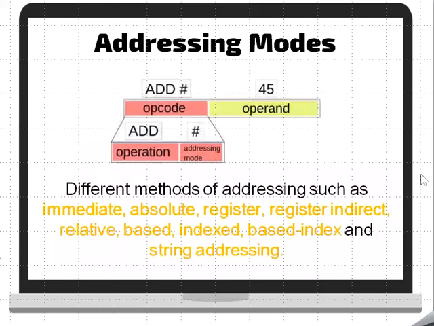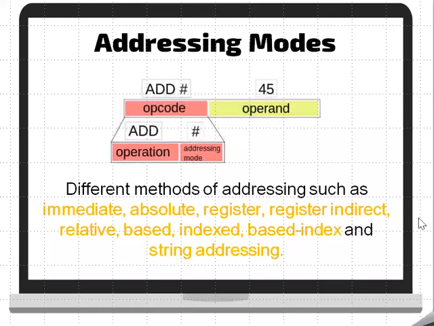So for addressing modes, there are different methods of addressing them, such as immediate, where the operand itself is part of the opcode; absolute or direct, in which the address of the operand is given together with the opcode; register, in which the operand is stored in a register and the register that contains the operand is in the opcode; register indirect, in which the address of the operand is stored in a register and the register is then used to locate the operand in the memory;